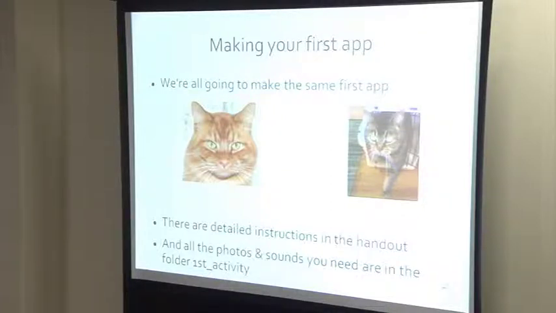Now, that's a challenge for you to build. Either make a different sound. There's a lion, you can make it roar like a lion. You can make it bark like a dog. You can change the picture. You can have a picture of a dog, a picture of a lion. They're all on your USB. Great, well done. Have you got it running?